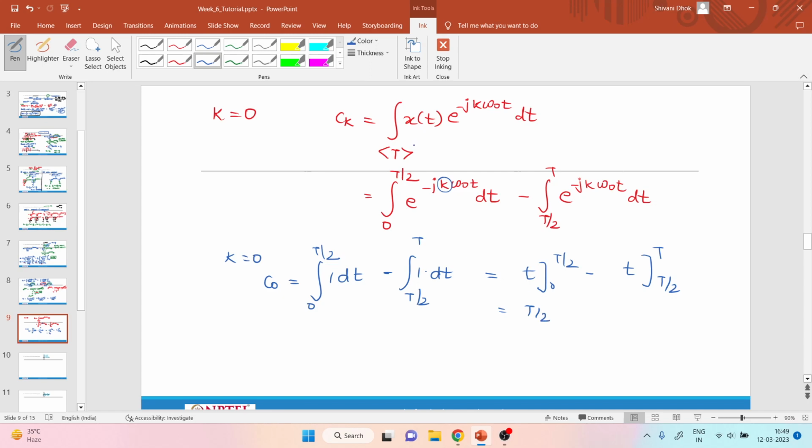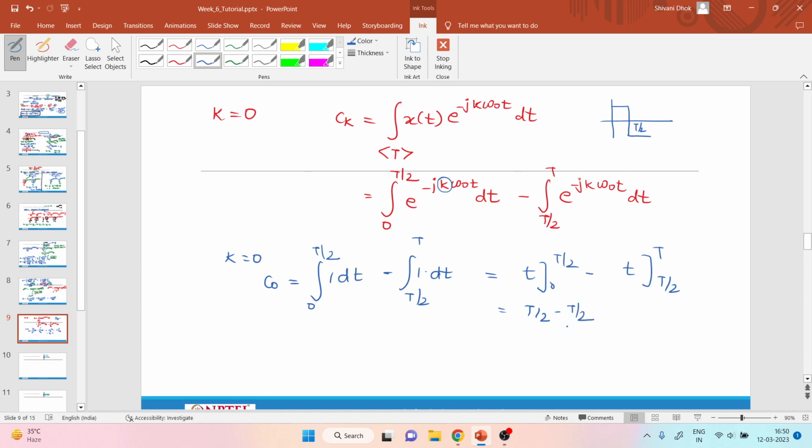uh, 0 to t by 2 e to the power of minus jk omega naught t dt, you said minus. Yeah, because from my signal was like this, right? Oh, okay, okay, okay, Yeah, okay, so okay, from okay. till t by 2. Every bit minus. Okay, okay. Yeah,